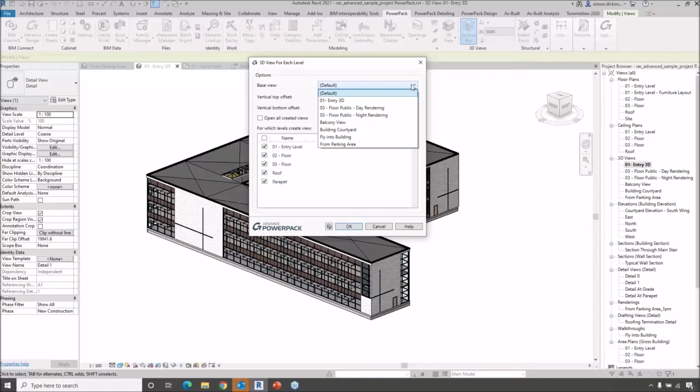Okay, so the base view is the visibility settings that I want to use. I'm going to use this entry level 3D because it's got my settings turned off that I don't need. I probably don't need the roof and the parapet. I just want level 1, level 2, and level 3. Then we have the ability to put a top